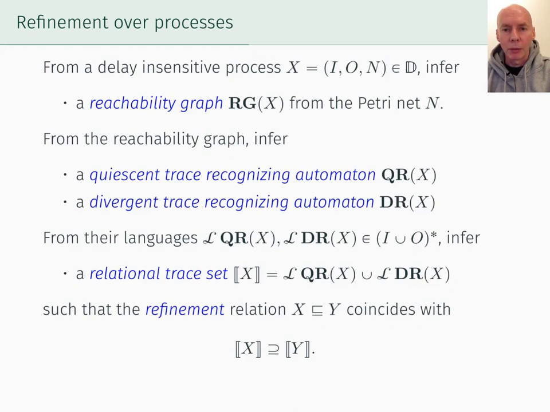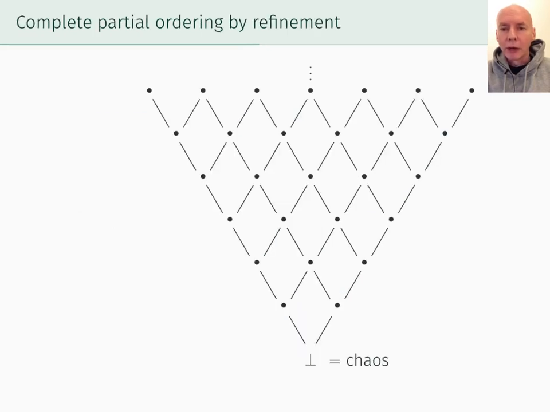From these two automata, you construct an automaton recognizing the union of their languages, which I'll call the relational trace set. And the relational trace set induces a concept of refinement by containment. That is, a process X is refined by a process Y if the relational trace set of X contains that of Y. The refinement relation among processes is a complete partial ordering, so that we can picture it as a